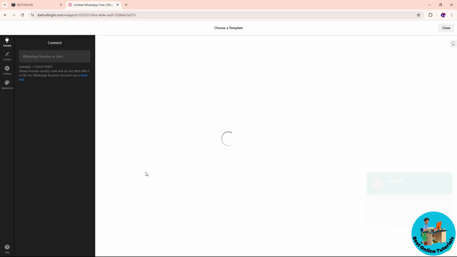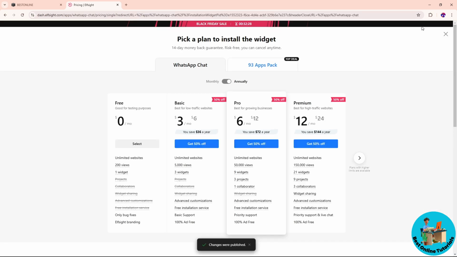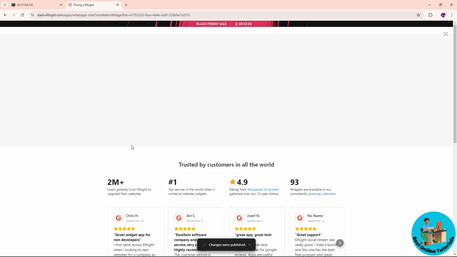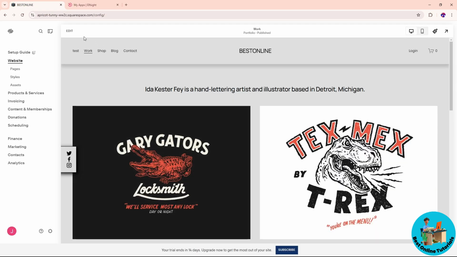Now from here, go ahead and click on publish on the top right corner of the screen. Now select the free one over here, guys. After that, click on copy code, and go to your Squarespace and go to your